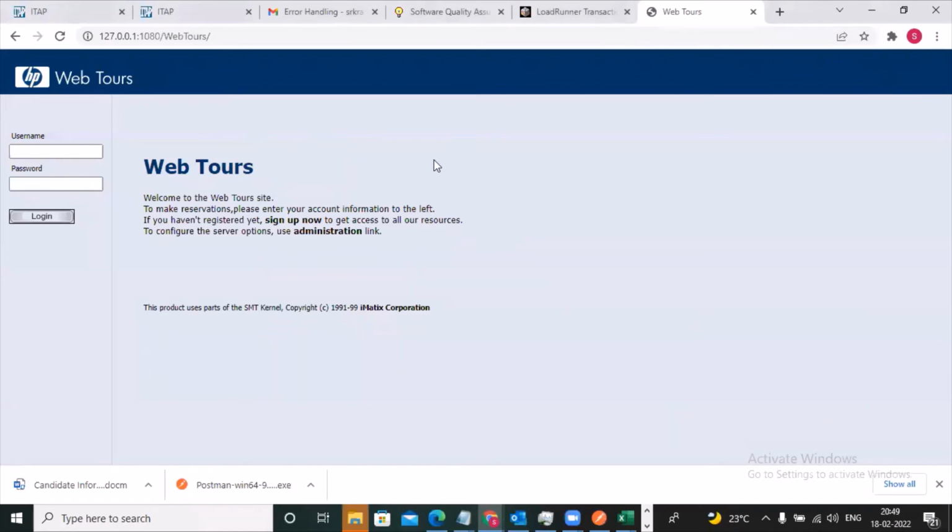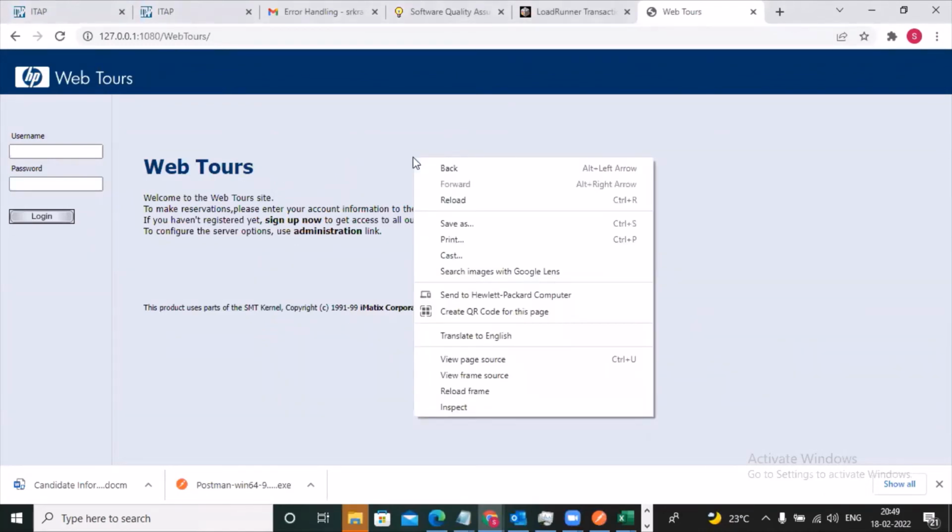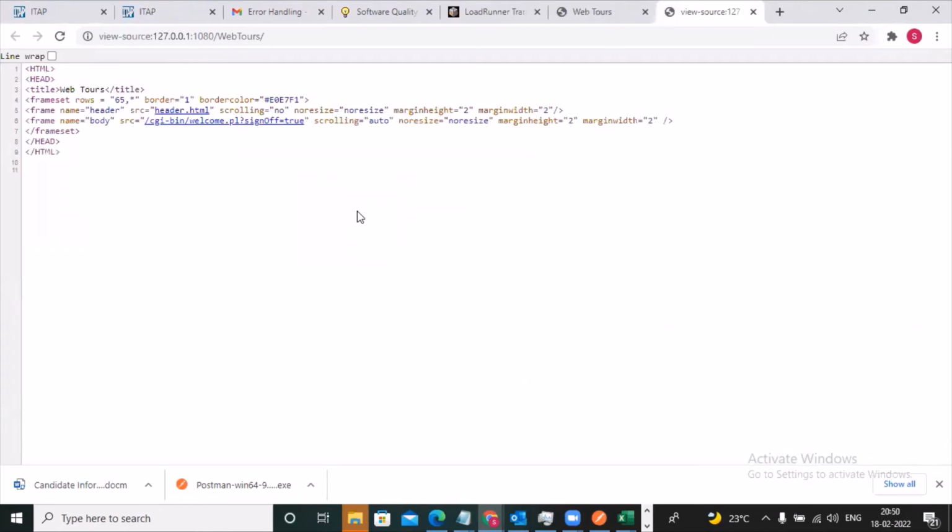LANCH page. So this is the LANCH page, right? You can right-click and click on view page source. You need to identify any GIF files like this. You need to identify this SRC. For example, the SRC header will be there. This is also an image. Like this, SRC will be there. You need to take this one. For example, this is also SRC.